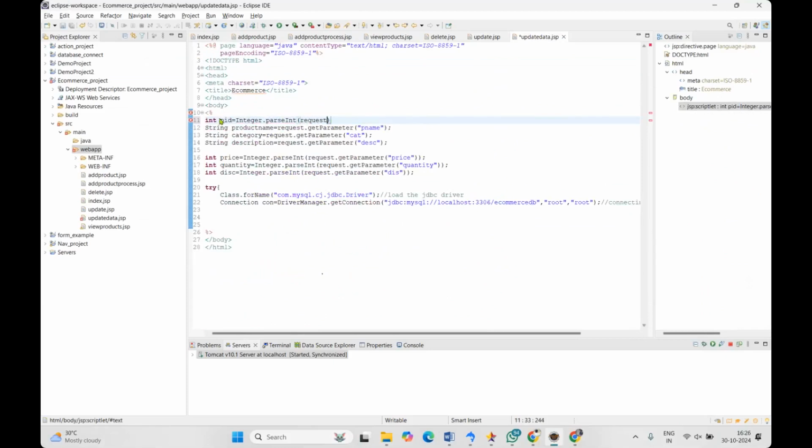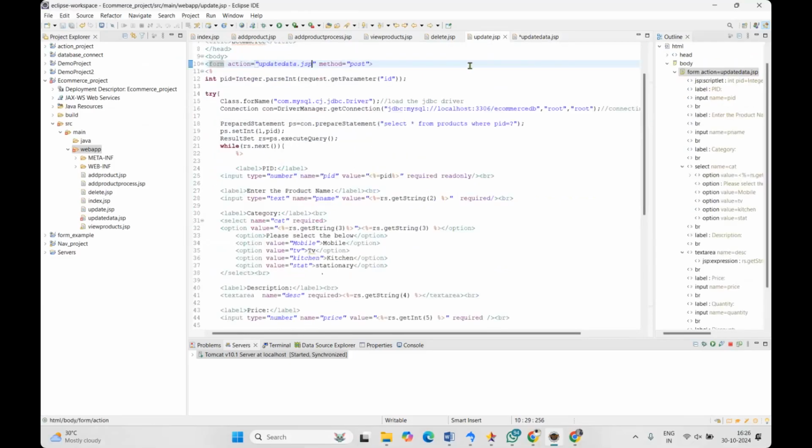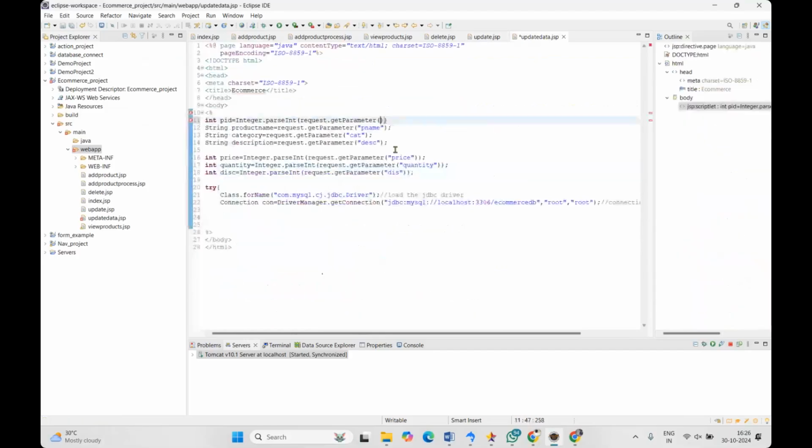So request dot get parameter, by what is the name of it. The name was PID. Okay, the name was PID. So here I have retrieved all the data from the update page,